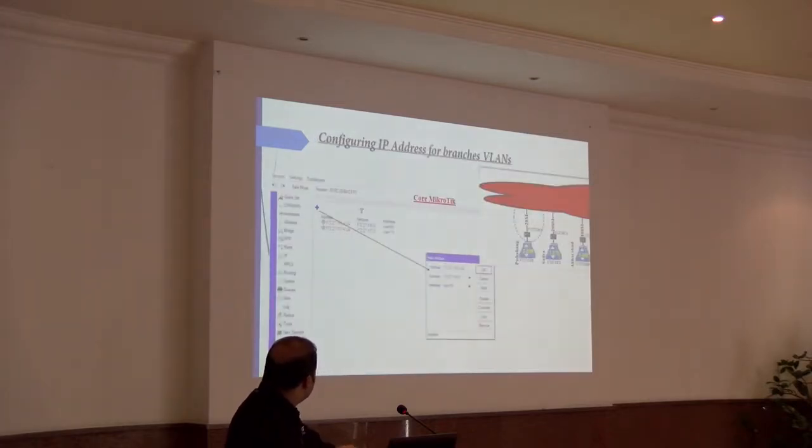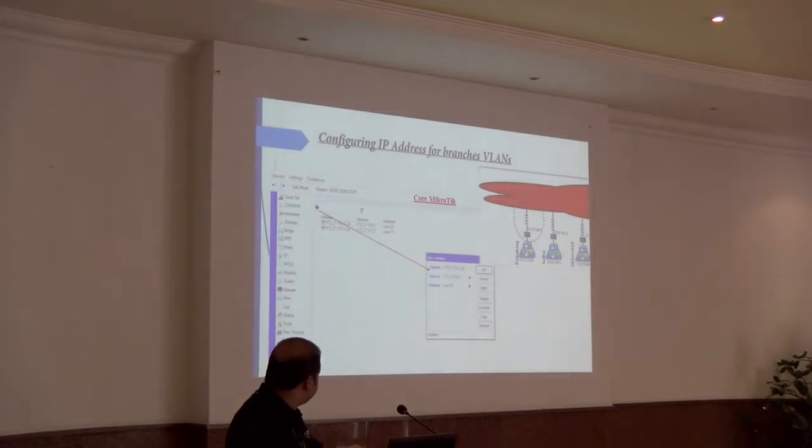After that, as I told you before, we need to assign IP addresses to these VLAN interfaces. But please pay attention that these IP addresses are used as the default gateway in branches, okay? So under IP address, we assign each interface an IP address, and finally we use them as a default gateway